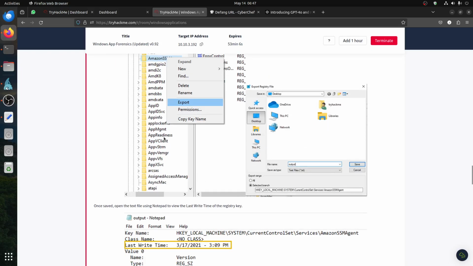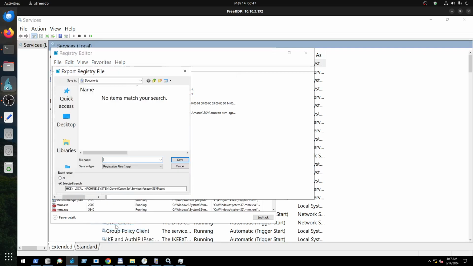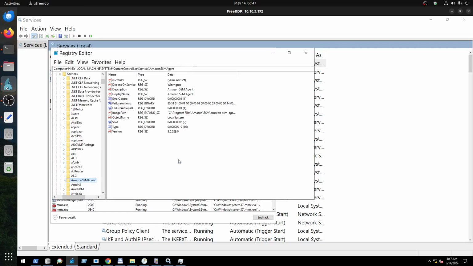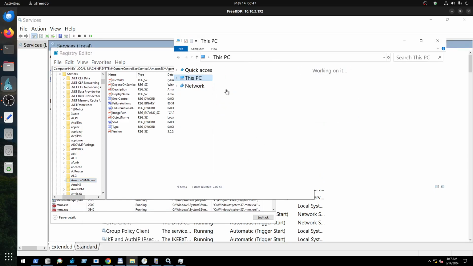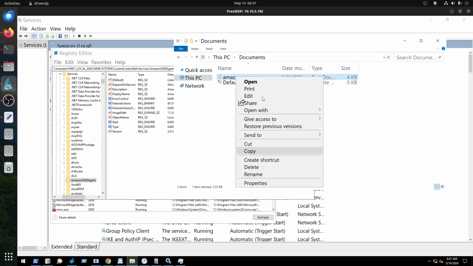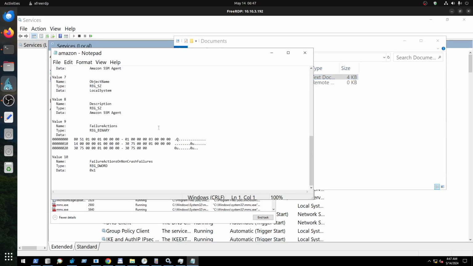Now we need to export it as a text file. Let's test this one. Export. Make sure you put text there. I made a mistake myself and kept running into it. Let's say we call it Amazon. It's in documents. If I go to my documents folder, I got that one. If I edit, I can have my